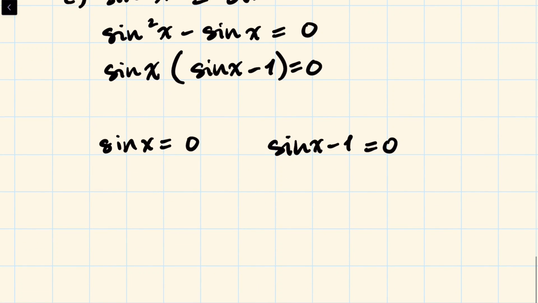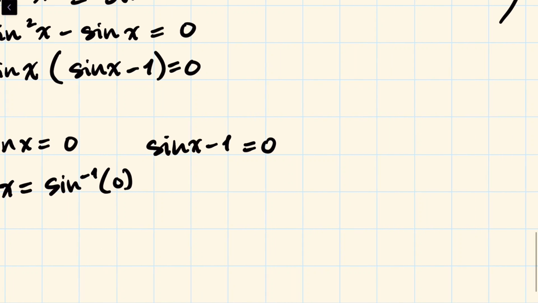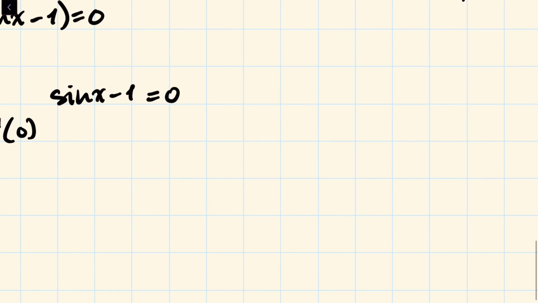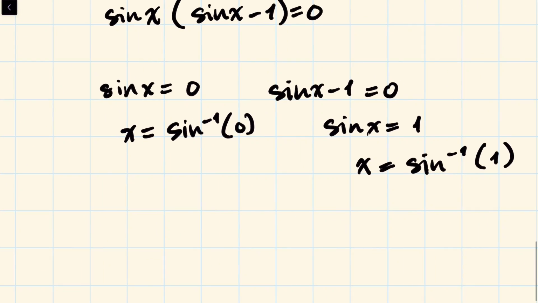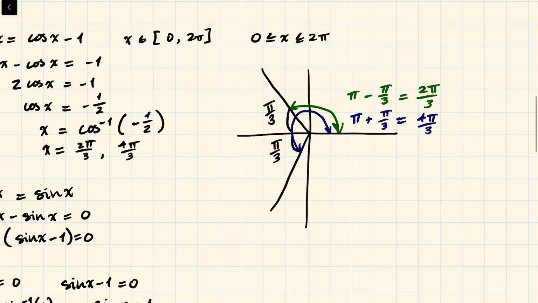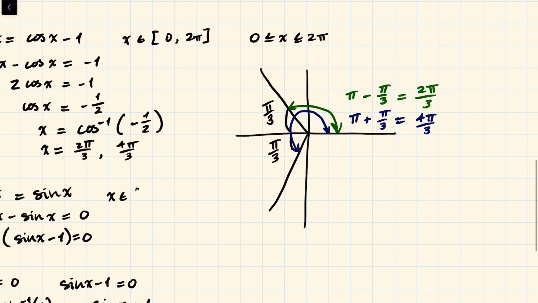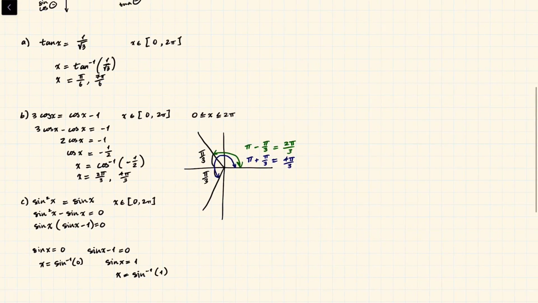So let's isolate for x here: x is the inverse sine of 0, and sine x equals 1 because we're adding 1 to both sides, and so x is the inverse sine of 1, right? And our domain again is x belongs to the closed interval 0 to 2 pi. Okay,